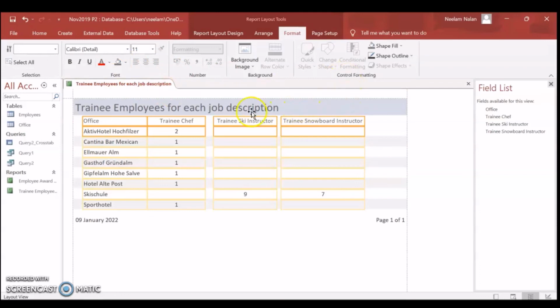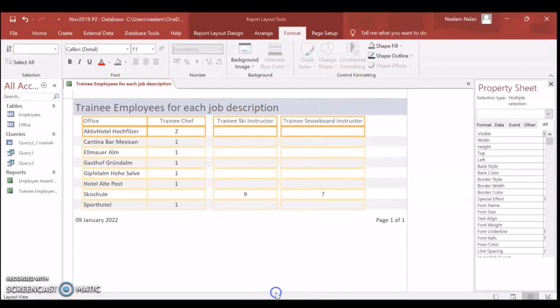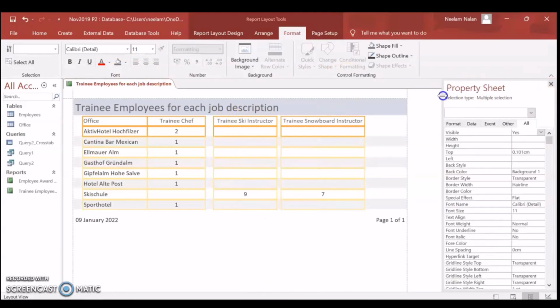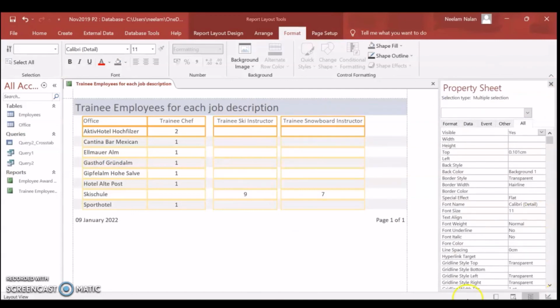Center align the data for the better look of the report. All the grid lines should be visible.